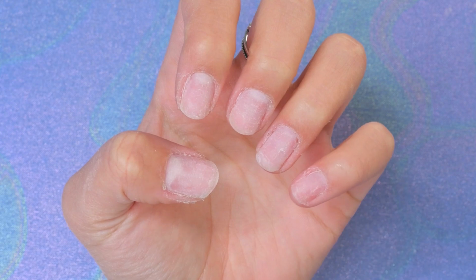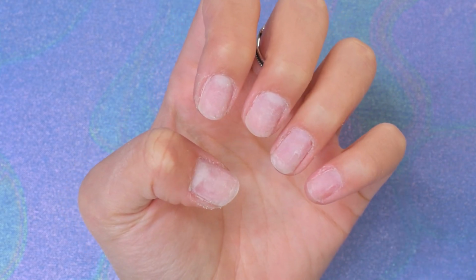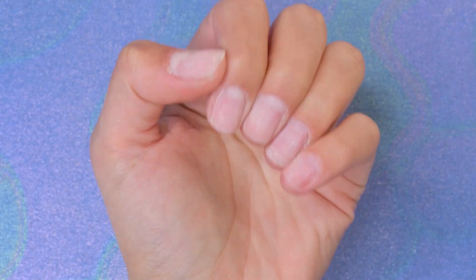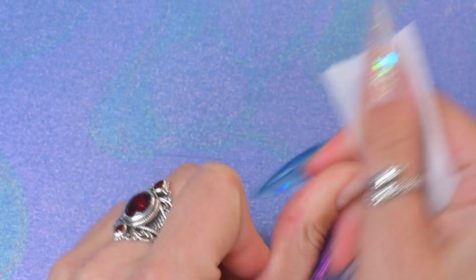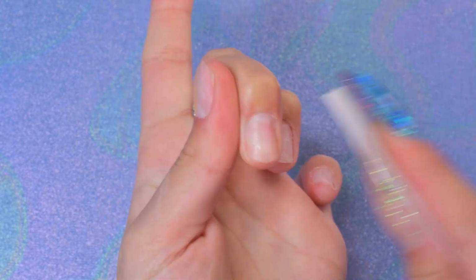So since I feel like I cleaned up any dead skin cuticle from my nail beds with that mini mandrel, I think that I'm actually going to skip pushing back my cuticles today. They are already pretty pushed back. So now I'm just gonna take some alcohol and wipe off any dust and also sanitize and dehydrate them,